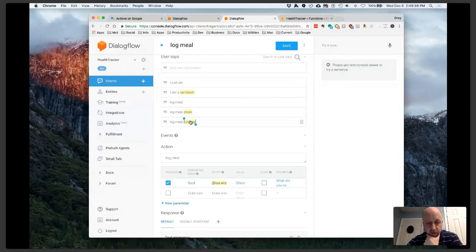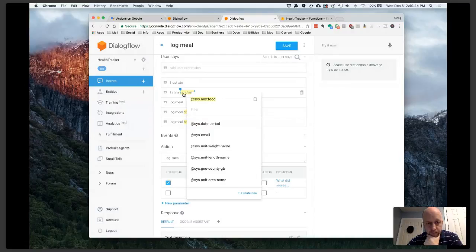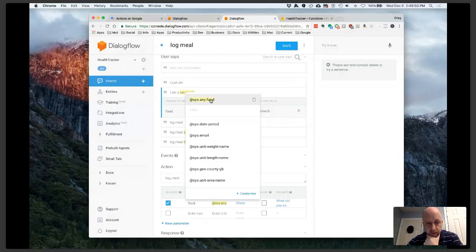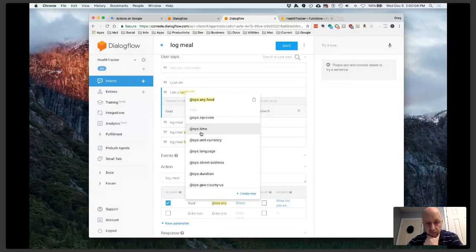Now you can see here I've gotten several items highlighted, the examples I've used. And if you click on them, actually, let me click expand. You can see that sandwich is identified as a parameter that I've called food, and there are all of these data types. The data types are ways that it can figure out what kind of information you're passing in, and if you set it to match these, it helps the engine figure out what the person is talking about. So for an example of time, if I set this as a time parameter and I say 5:30,